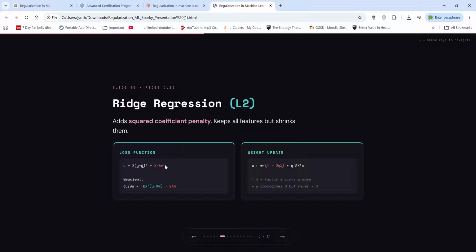Why do we do the summation of W square? Because it is a multiple regression model. So we add the W square. Then in this one, and then we take the, what do?